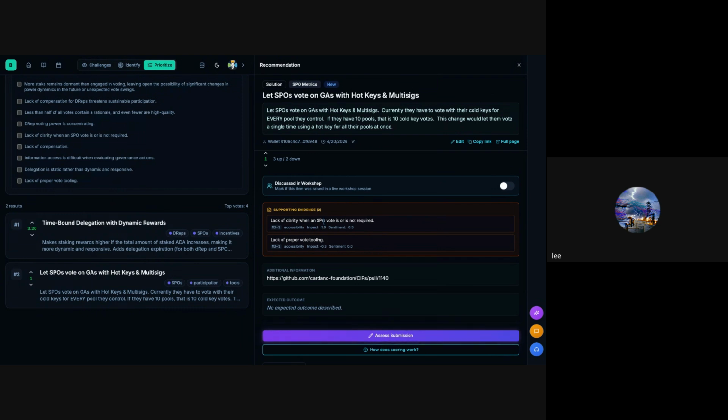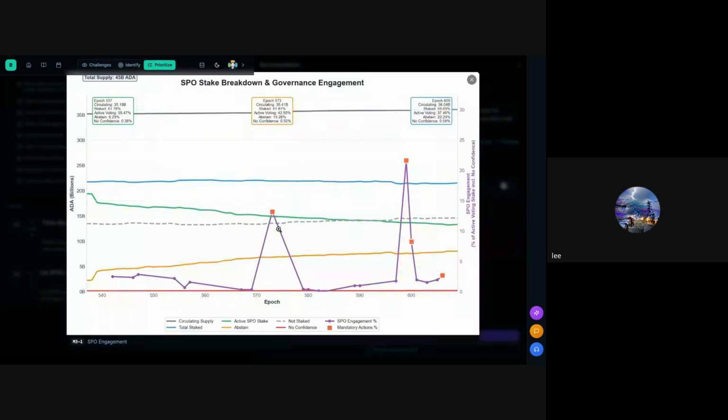Honestly, my biggest recommendation would be to just make it simpler for the SPO operator. I understand that the view a lot of times is that the SPO community is super highly technical developers, but that's not always the case. A lot of the times they're telling you, hey, you got to do it this way. You got to follow this step and this step and this step, and if you don't know that, then you got to go out and find help, right?